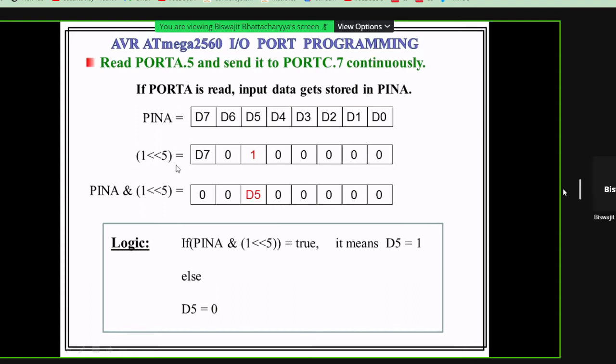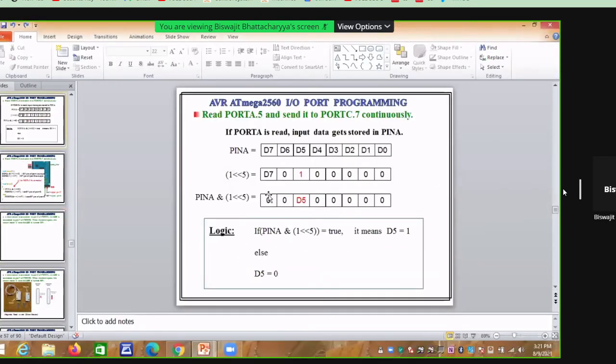Actually, this is a mistake. Actually, it should not be D7. It will be 0 actually. I just want to change it. Wait a little bit. So better I write it 0. Yes, now this is correct. I'll save it.